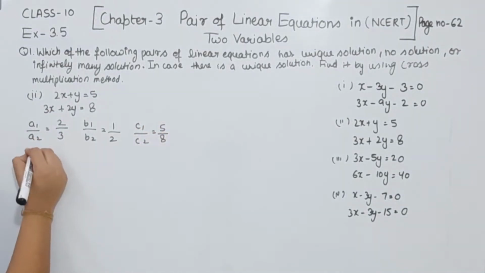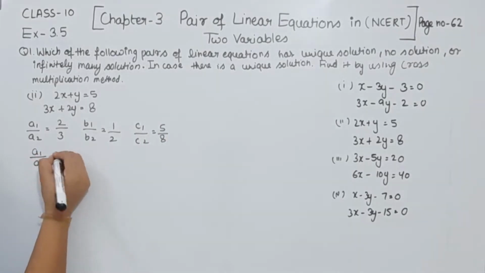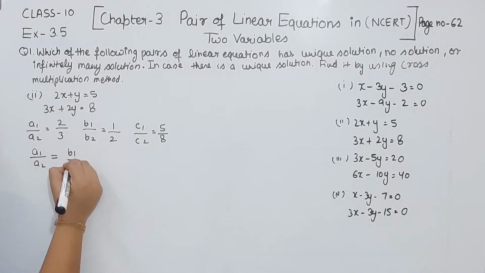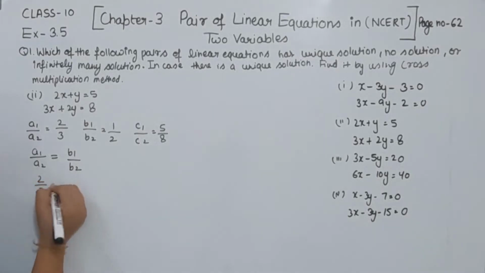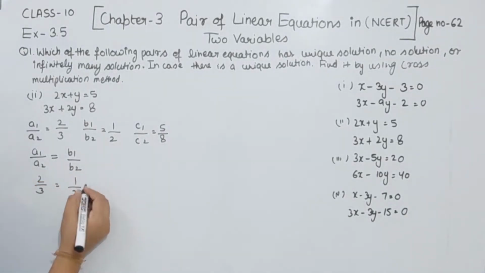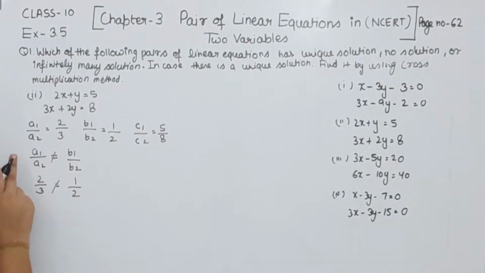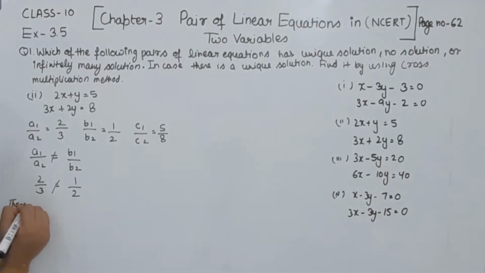Now, in this case, we have a1 by a2 and b1 by b2. First of all, we have to check whether both of them are equal to each other or not. So a1 by a2 is 2 by 3 and b1 by b2 is 1 by 2. That means they are not equal. So if a1 by a2 is not equal to b1 by b2, then the linear pair of equations has a unique solution. So I'm going to write here first of all, therefore,